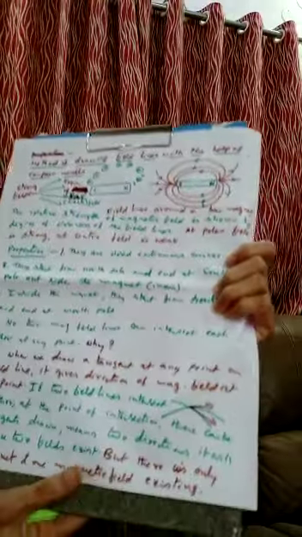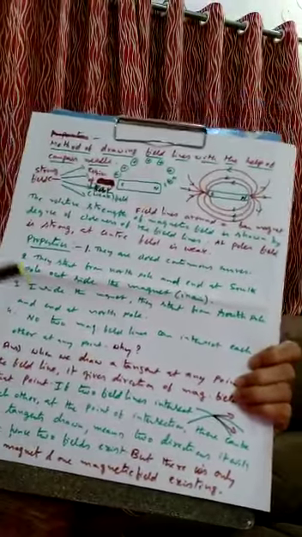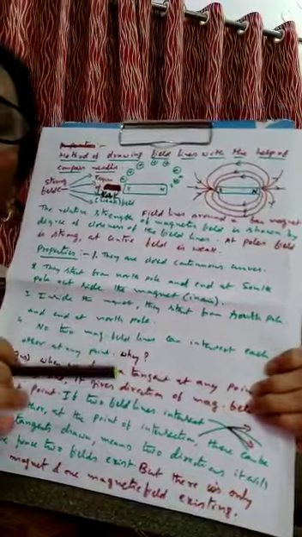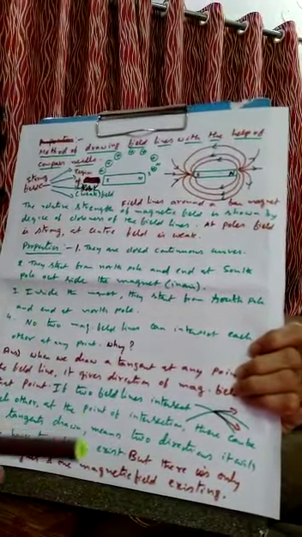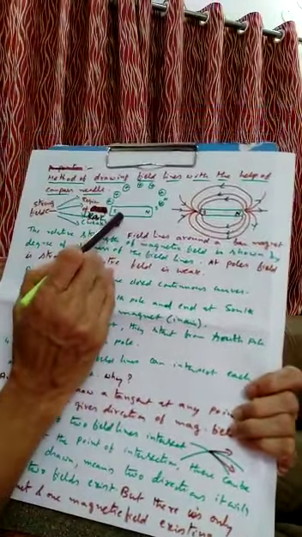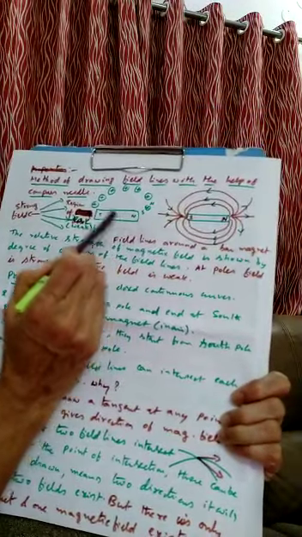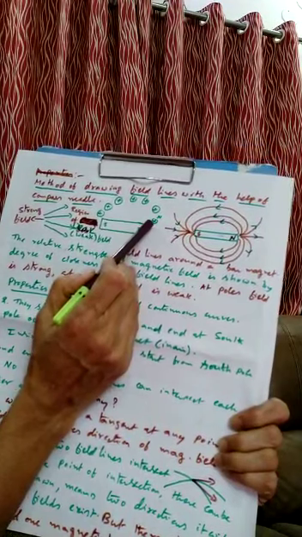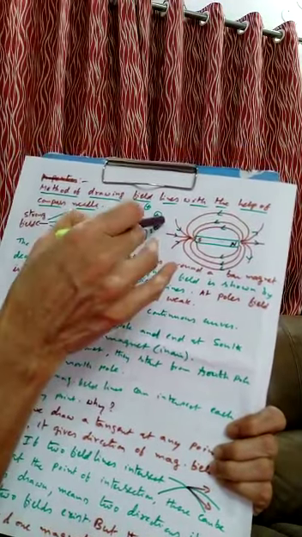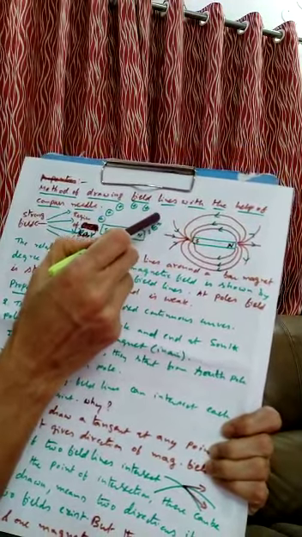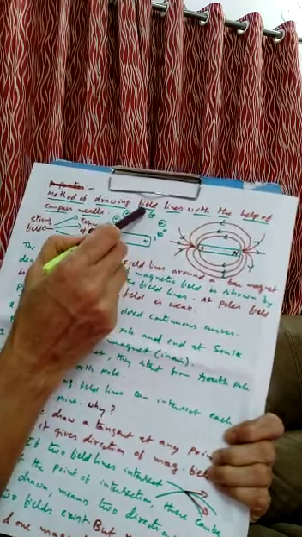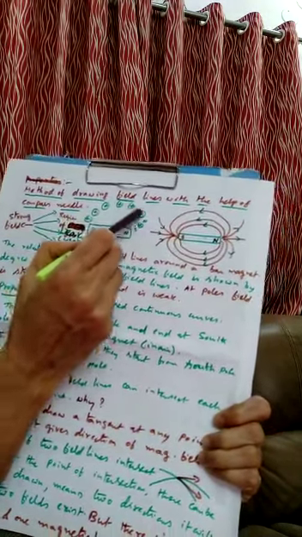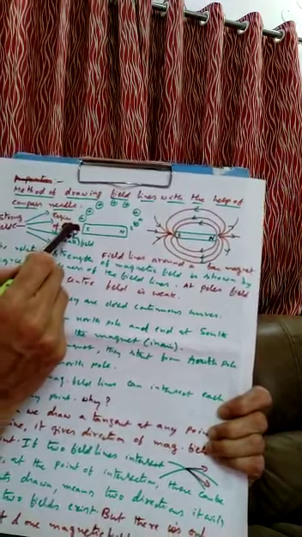Now, how do you plot or draw the magnetic field lines? You take a bar magnet and place it on a sheet. This is the South Pole and North Pole. Place the compass needle here. It is showing the direction. Put a dot with the pencil. On the dot again put the compass needle. It will show like that. It will move like that. In this way, we will draw the magnetic field lines.